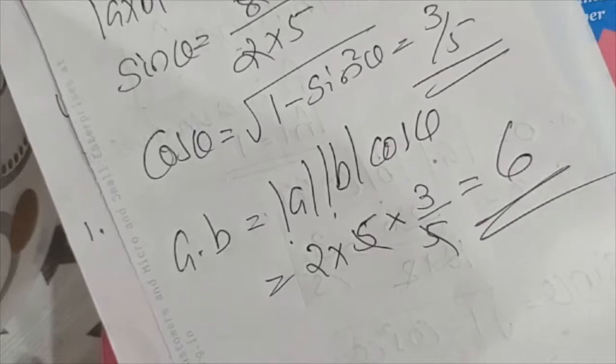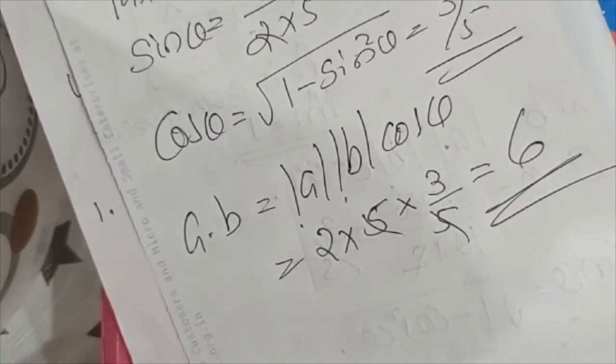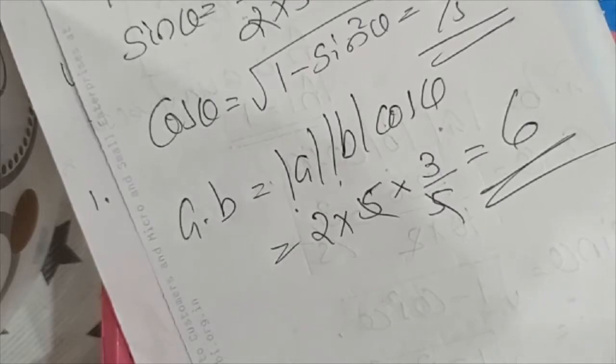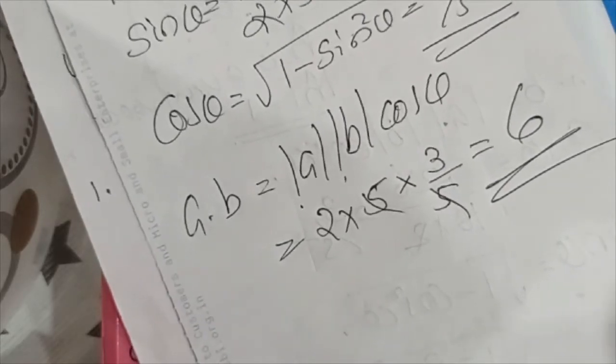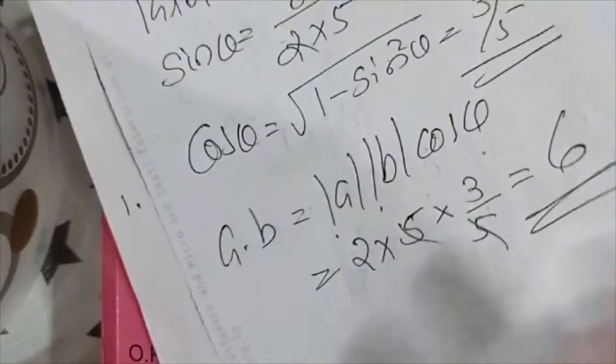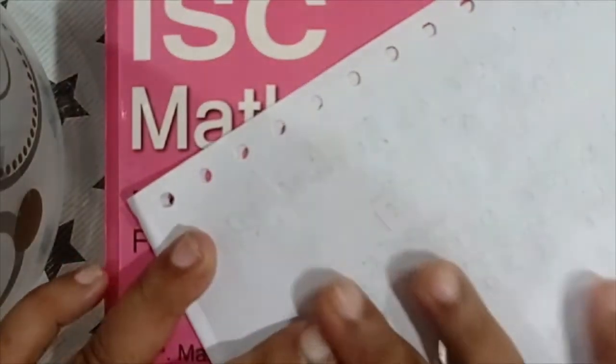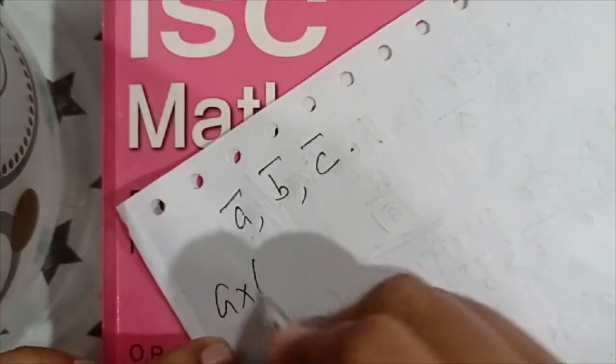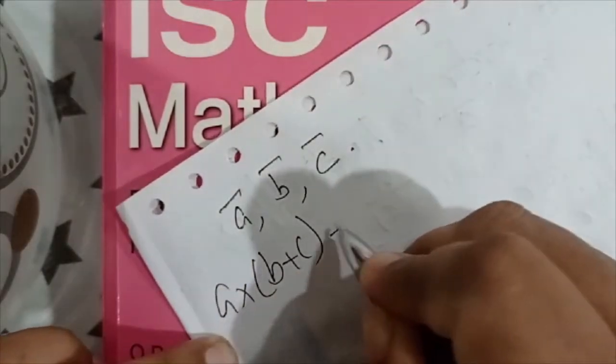Finished? The next ones are very important. Two questions, very important questions. Not two, three questions are there. Write one by one. For any three vectors A, B, C, show that A cross B plus C plus